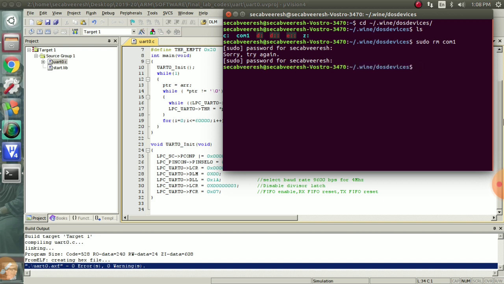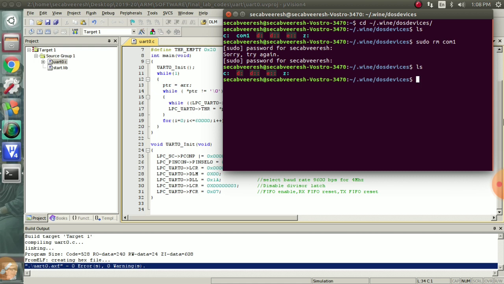So COM1 is now removed. To check, type ls and press enter. So there is no COM1 here. Now if COM1 is not there, then how do we create it?